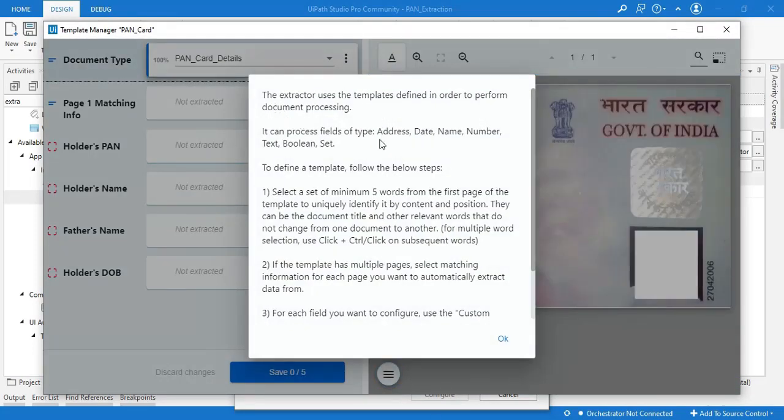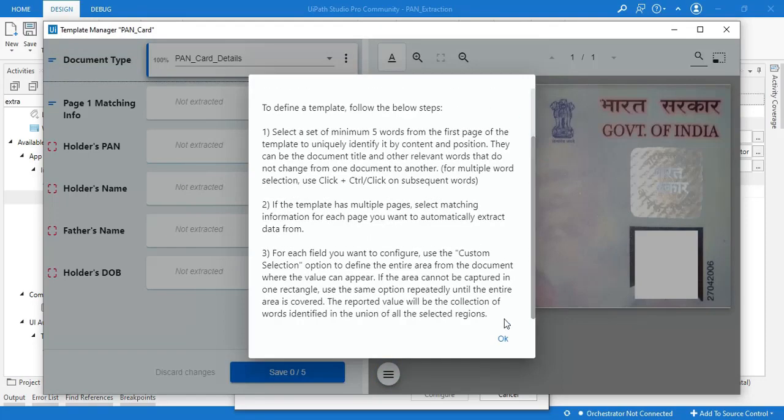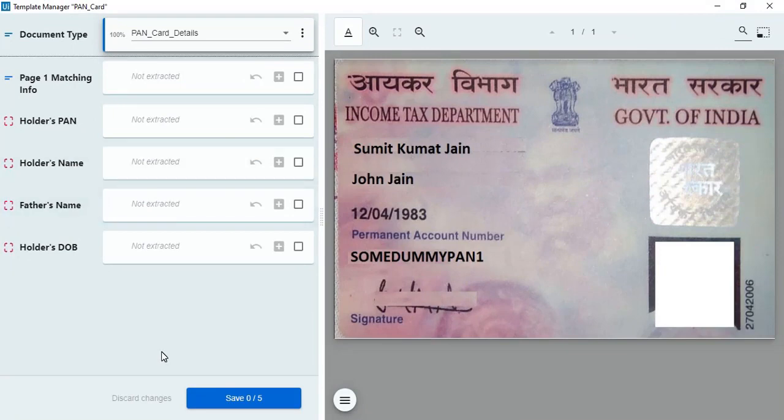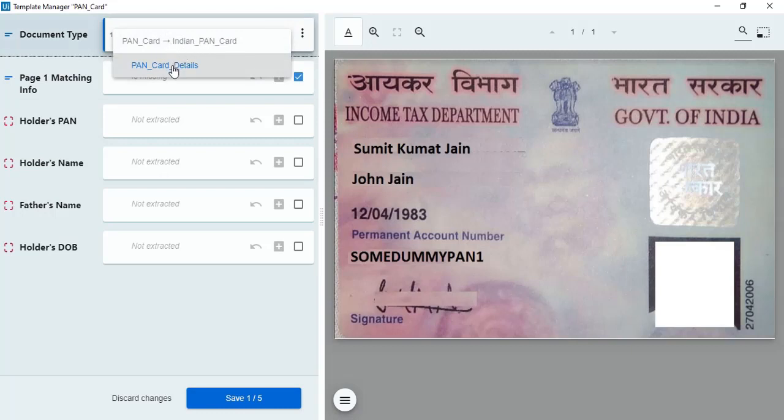This is where it is telling us what all steps we need to follow. Just click OK, maximize it, and our model is ready to be trained. This is where you will be able to see all the taxonomies created. PAN card detail is the one we are using right now.